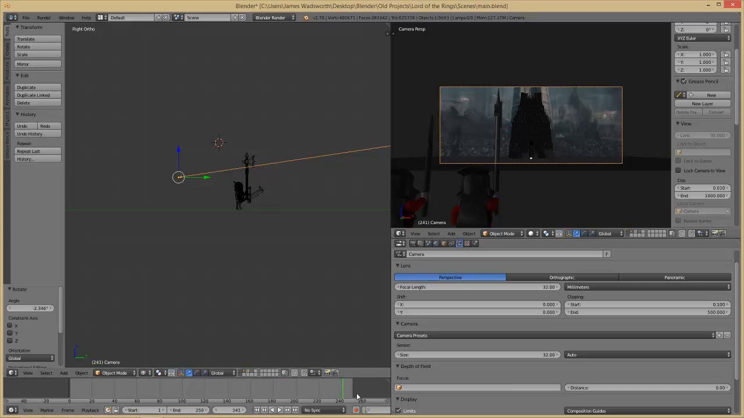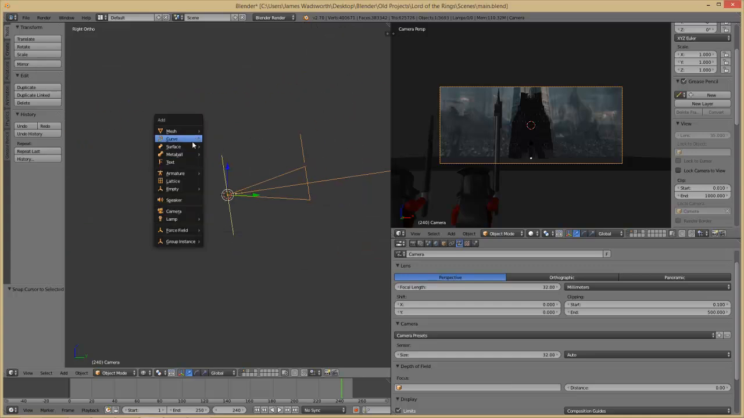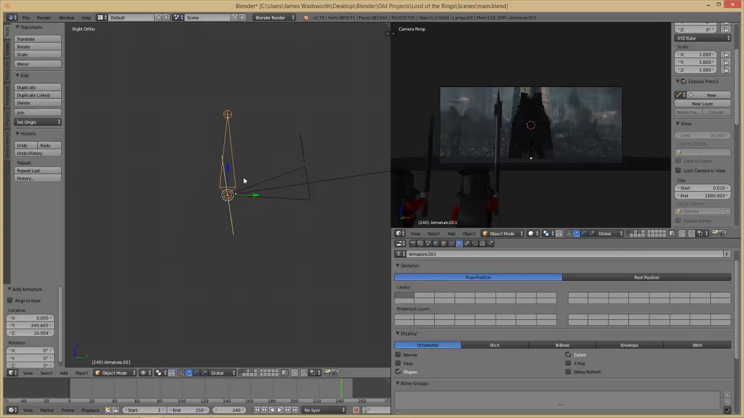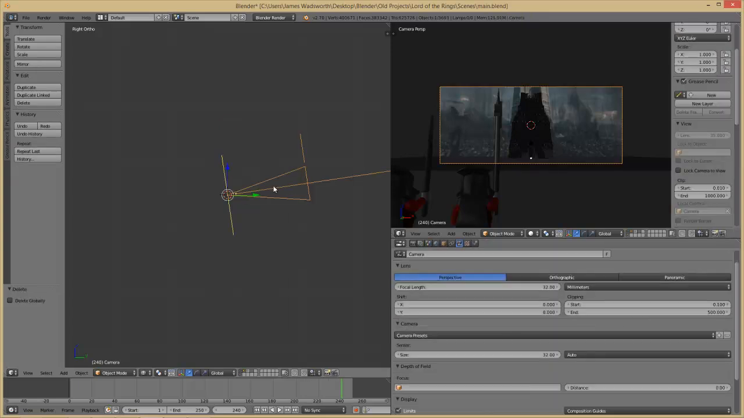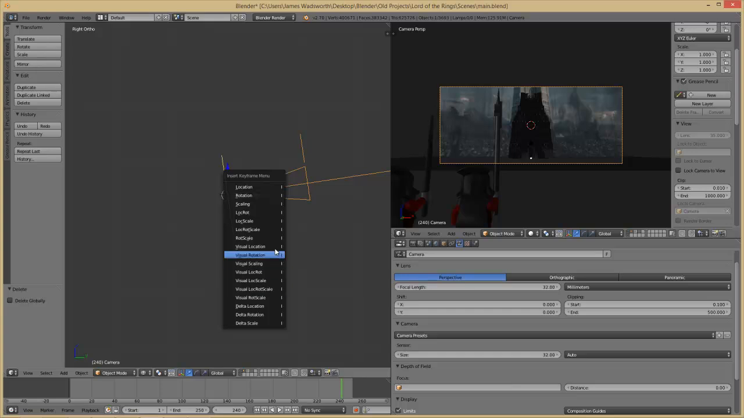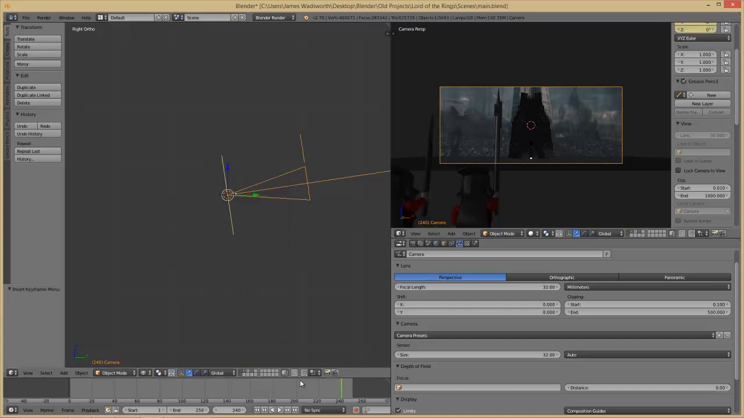Okay, so camera's here. I'm not really sure what the length of the scene is supposed to be of the camera zoom out, but let's just start. Can we add a bone? No, let's not do that. Let's insert a location rotation on the camera at 240, and then at 0